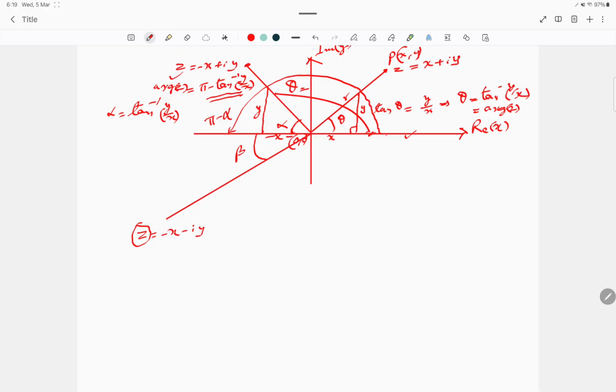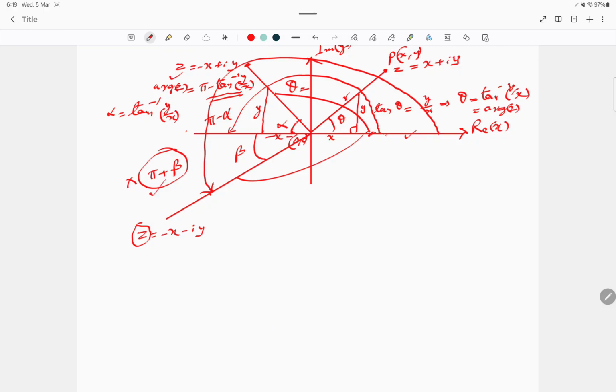Remember again, argument is the angle made by this line with the positive real axis. We could travel from here anti-clockwise like this up to here. If we move like this, up to here is pi, so up to here it will be pi plus beta. But this will not be considered the principal argument because this angle is